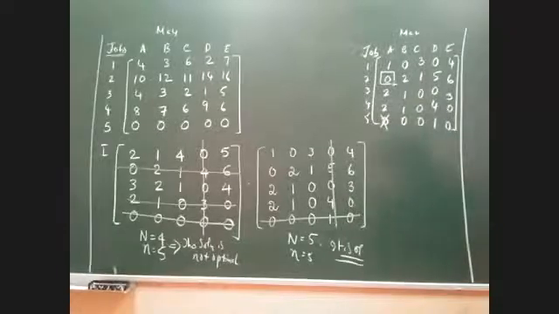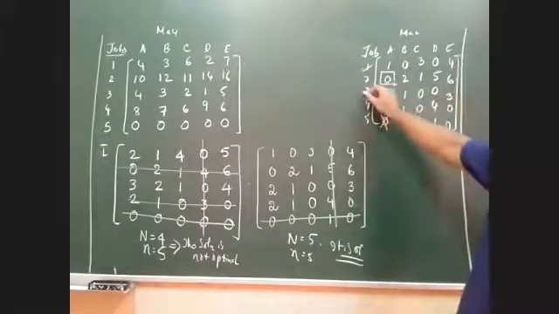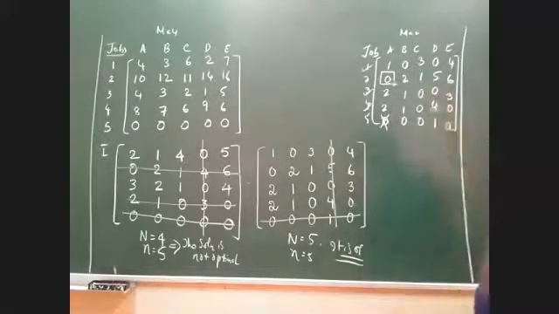Three rows, sir. Yeah, there are totally 3 rows with 2 zeros: first, third, and fourth. I cannot consider the last row because the last row has got 3 zeros. Only the rows with 2 zeros have to be considered. Which are the 3 rows here? Row number 1 has got 2 zeros. Row number 3 has got 2 zeros. And again, row number 4 has got 2 zeros. Only consider these lines.